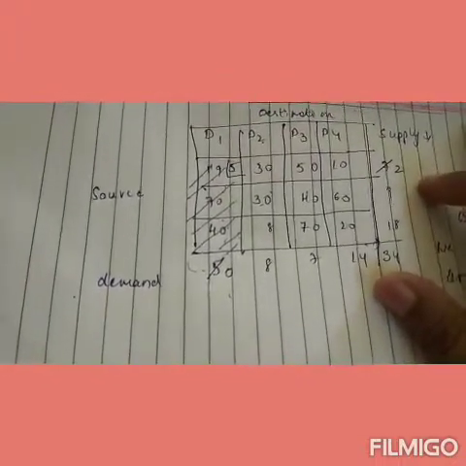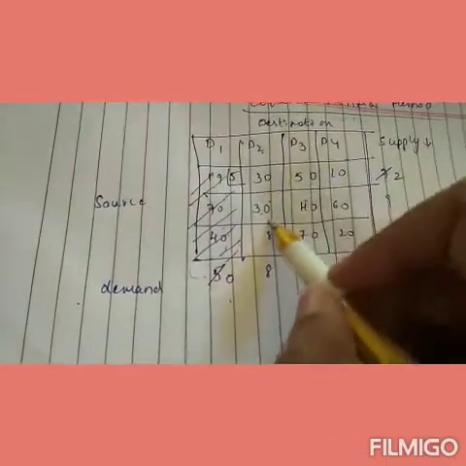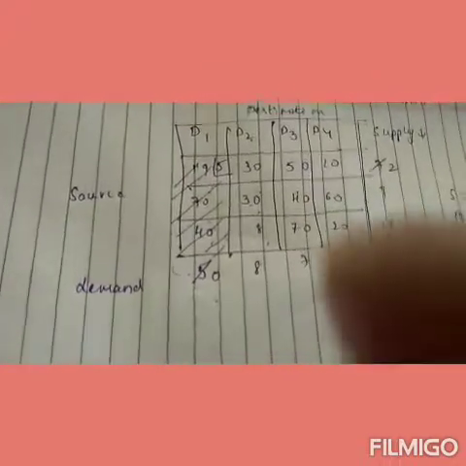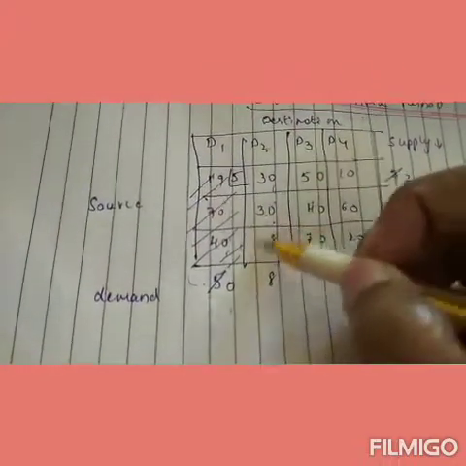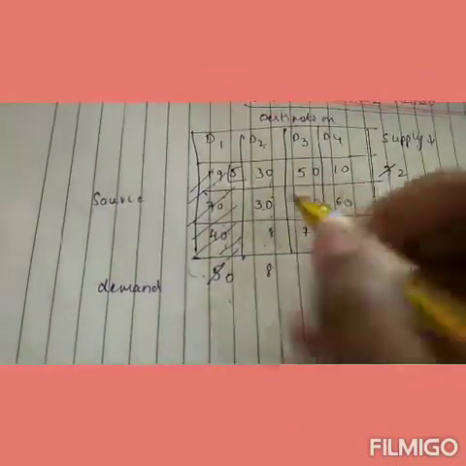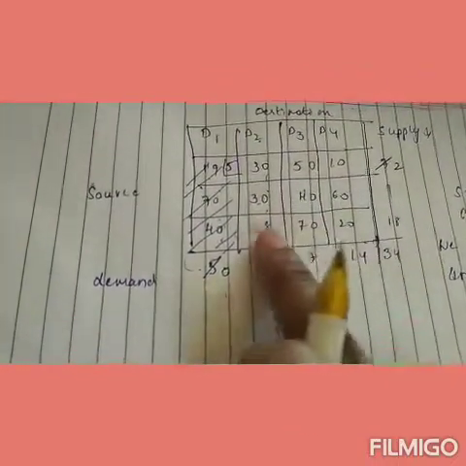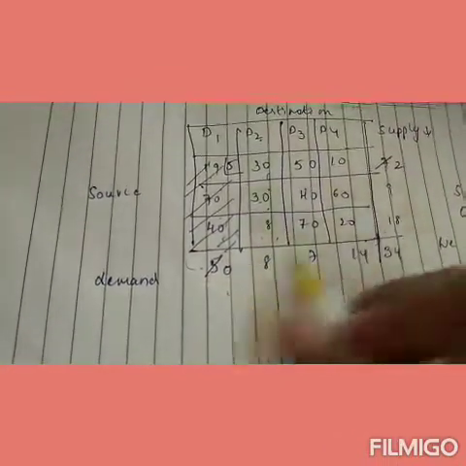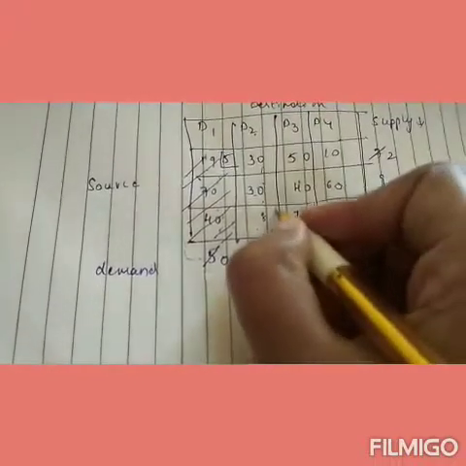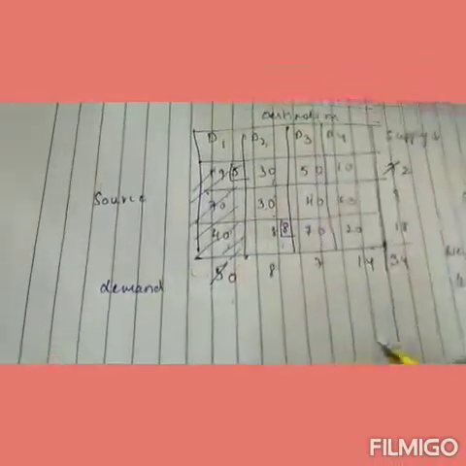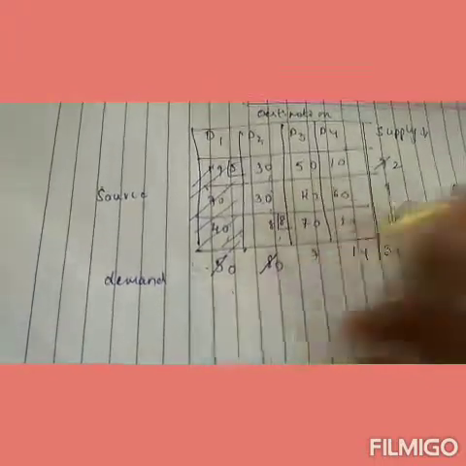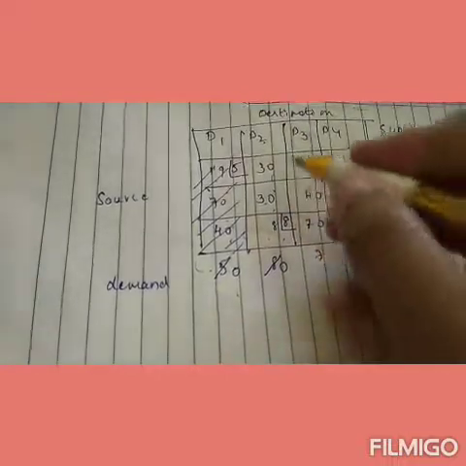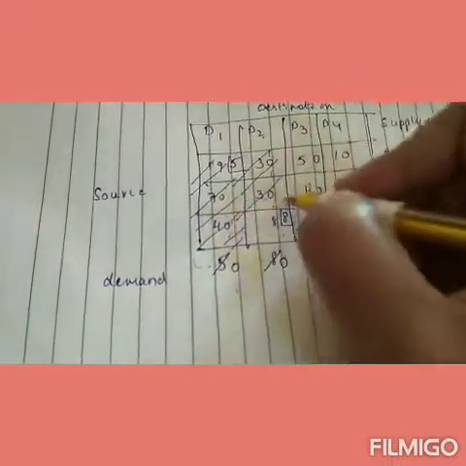And go to the next column. In this column, 30, 30, 8... which of these three numbers is minimum? 8 is minimum. Select it and check the supply and demand. Supply is 18 units and demand is 8 units. Which is minimum, 18 and 8? 8 is minimum. Allocate 8 in this cell, and 18 minus 8 is 10. The demand is 0, so we cancel this column.